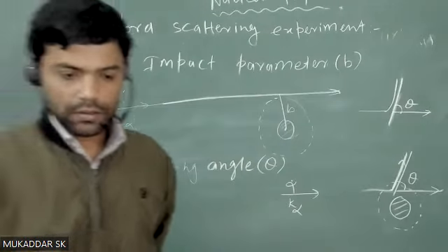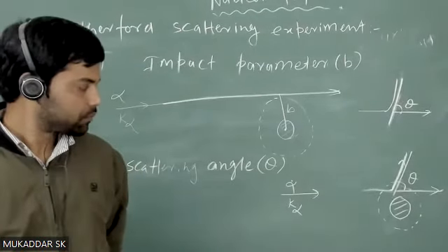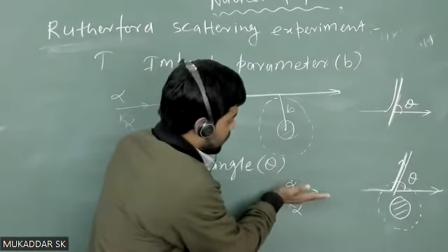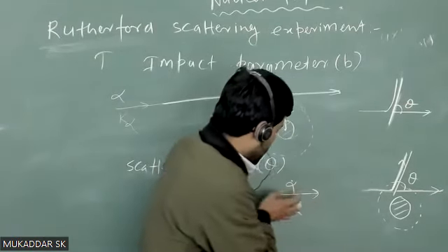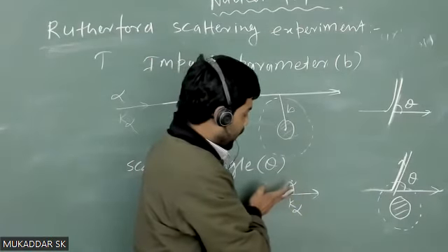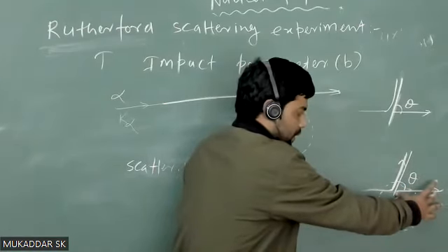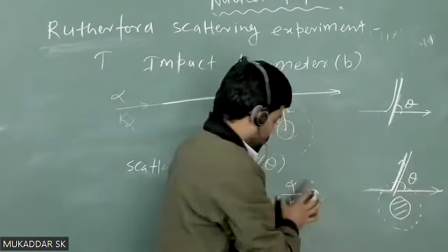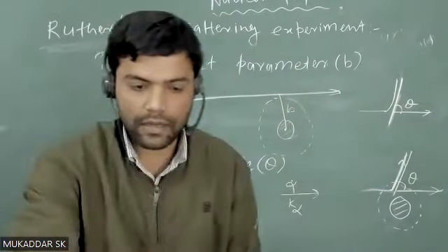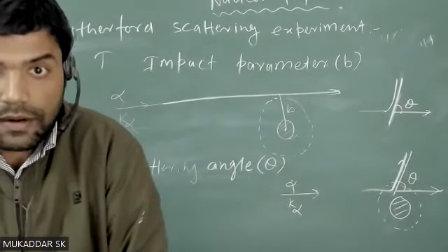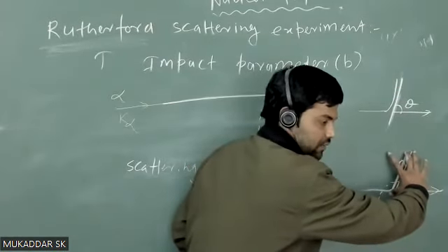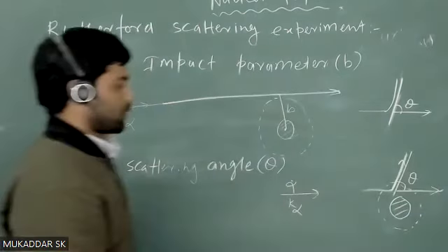सर, जैसे आपने कहा कि हमारा जो इंसिडेंट रे है, फर्स्ट आपने ड्रॉ किया, उसके बाद जो सेकंड इंसिडेंट रे है, जो एसिम्प्टोटिक गया, उसके बीच का एंगल आप बात कर रहे हैं ना। देखिए, ये जो आपका डायरेक्शन ऑफ इंसिडेंट अल्फा पार्टिकल है, ये बहुत दूर है अभी न्यूक्लियस से। तो इंसिडेंट अल्फा पार्टिकल का डायरेक्शन ये है। एक्चुअली इधर नहीं जा रहा है आपका अल्फा पार्टिकल, ये आपका डायरेक्शन है। इसीलिए आप पढ़ो जो मैंने लिखा, it is defined as the angle between the direction of incident alpha particle. जो इंसिडेंट अल्फा पार्टिकल का डायरेक्शन है, बट रियलिटी में क्या हो रहा है, स्कैटर्ड हो रहा है। ओके सर, गॉट इट।